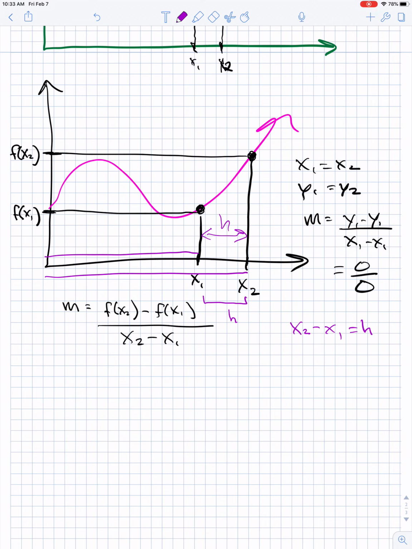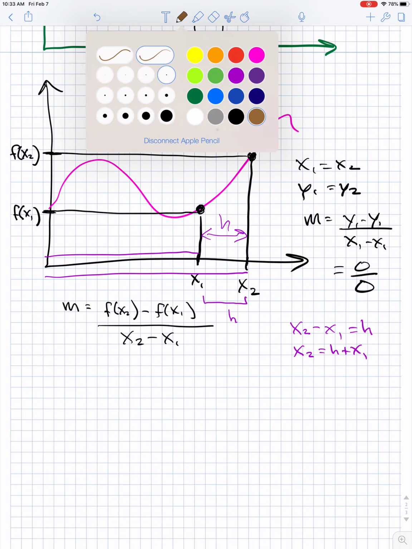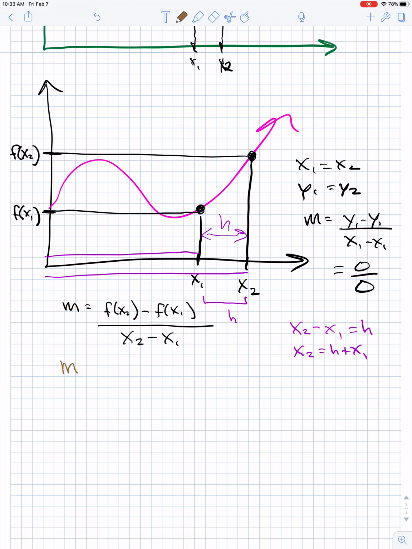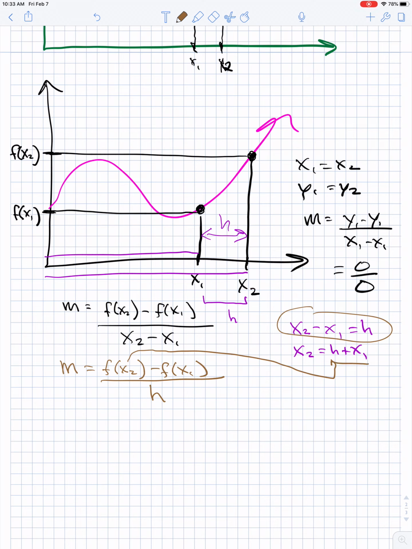Or we could say, just rearranging it here. Okay, so going back to our slope formula, again, all I've really done is relabel things. I'm going to write, instead of x2 minus x1, h, because that's what we defined it as. So this is just clever relabeling. Furthermore, for this x2 right here, I'm going to plug this guy in, because x2 is h plus x1, so then we get